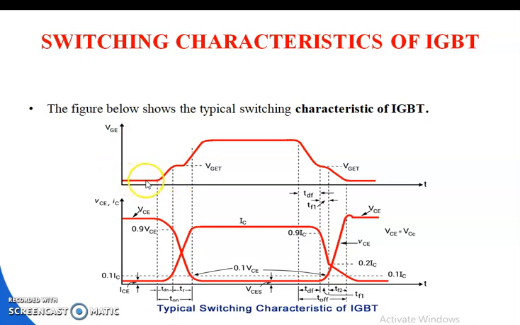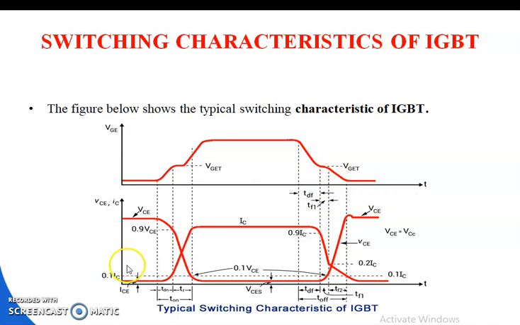The voltage starts increasing, reaches the gate to emitter threshold voltage and finally the maximum. Then the IGBT will be turned on, and constant current will flow, that is, the collector current is maximum here. Then our aim is to turn off the IGBT, so the collector current magnitude falls, again reaches the threshold value and finally goes to 0.